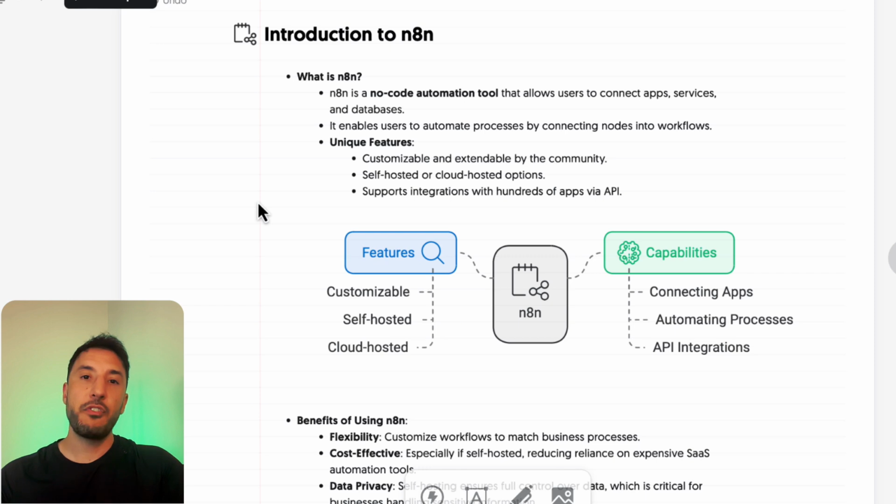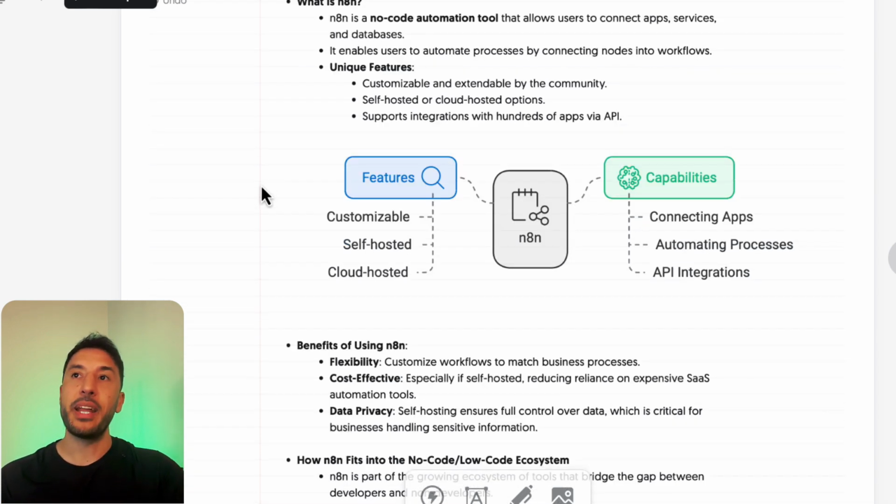So one of the biggest features, in my opinion, that n8n has compared to other tools out in the market is the fact that you can actually self-host all of this. Self-hosting gives you a huge advantage when it comes to the privacy of your data, right? Because a lot of companies and a lot of individuals are very hesitant to share their data with third-party APIs or third-party apps. Therefore, the ability to self-host n8n in your instances gives you peace of mind and full control over your data, and therefore privacy. So that's a huge benefit there.